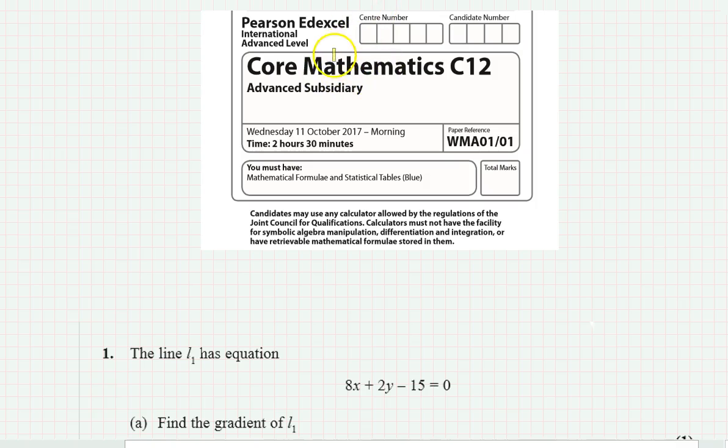We are going to solve C12. This is the October 17 IAL paper. The code is WMA01. The duration is 2 hours 30 minutes. So the first question is,